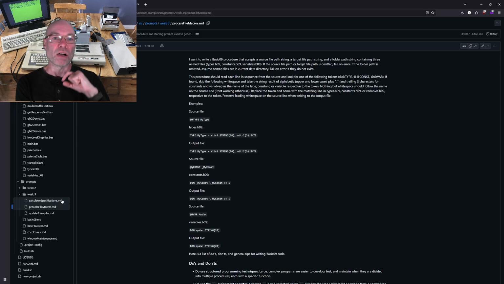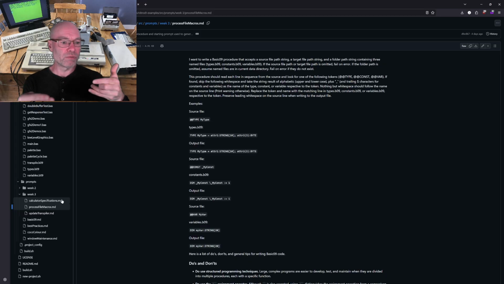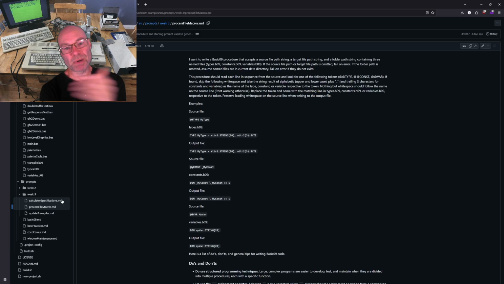So I could run it off of a single file to replace, or I could have it run off of a batch, in which case I'd need to come up with some sort of common file name suffix or prefix, or maybe a different file extension for the post-transpiled Basic09, so the pure Basic09 code. Haven't quite decided on how I'm going to deal with that yet, but it is something I would like to add. As far as the transpiling itself,